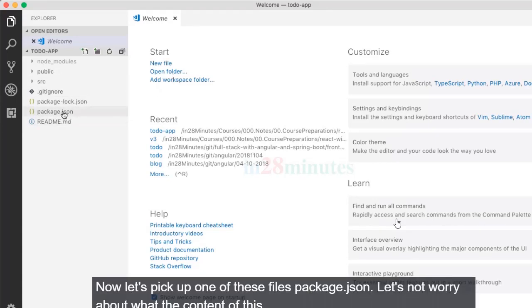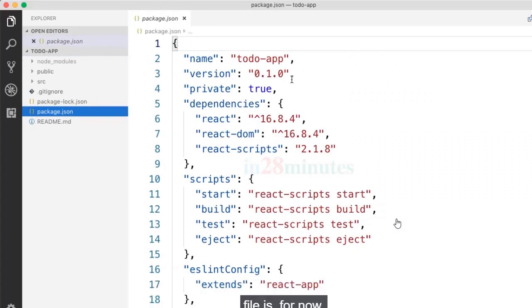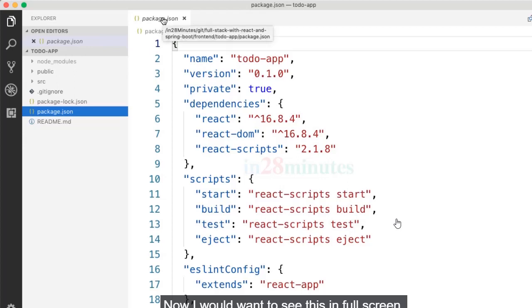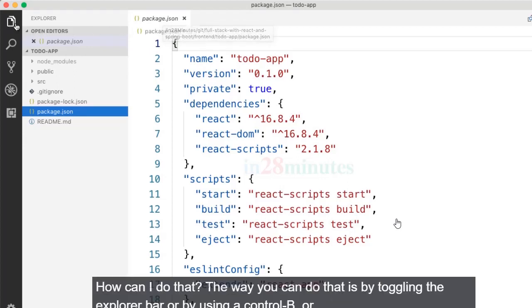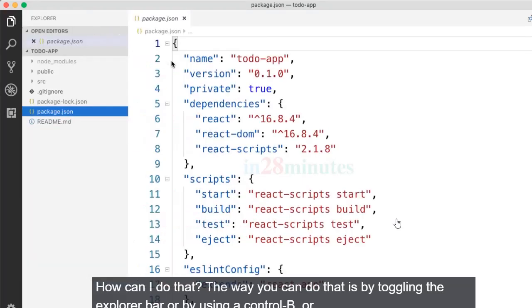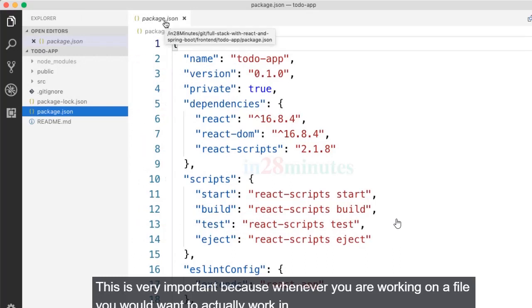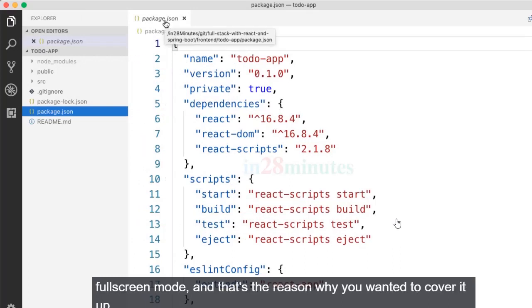Now, let's pick up one of these files, package.json. Let's not worry about what the content of this file is for now. Now, I would want to see this in full screen. How can I do that? The way you can do that is by toggling the Explorer bar or by using Control B or Command B. This is very important because whenever you are working on a file, you would want to work in full screen mode.